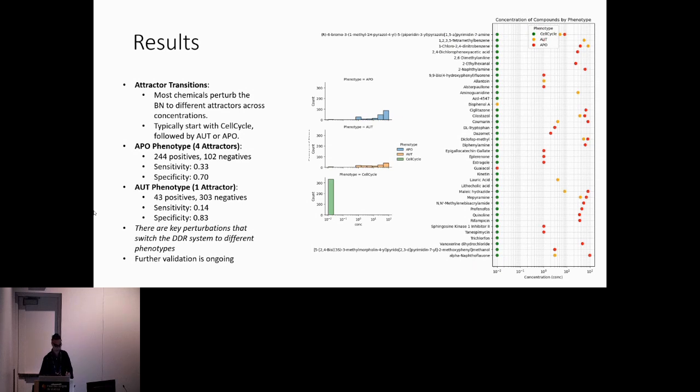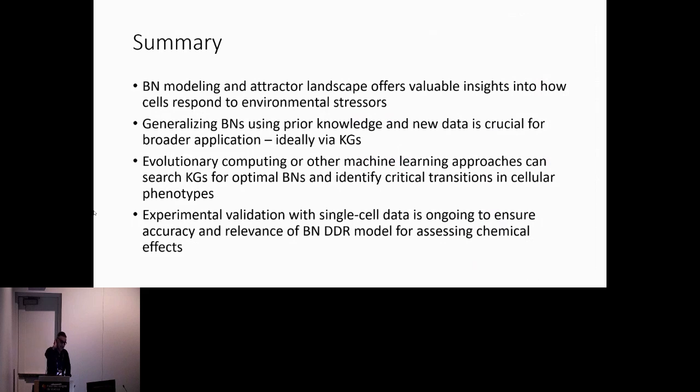So with that, I'm going to stop and just summarize. Of course, there's much more to do, and there are many, many caveats to this. We think Boolean network modeling and attractor landscape analysis is a valuable approach to get insights about how stresses cause these phenotypic shifts. We can generalize these BNs, so we can easily switch over and start developing a model for UPR. We've already done that. And other adaptive stress pathways without doing too much more manual crafting. Evolutionary computing is a really cool